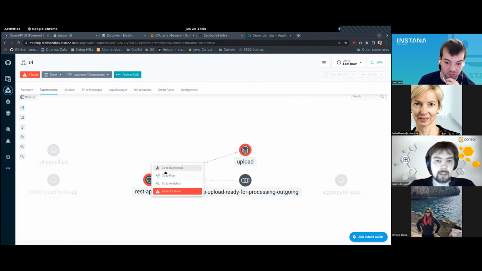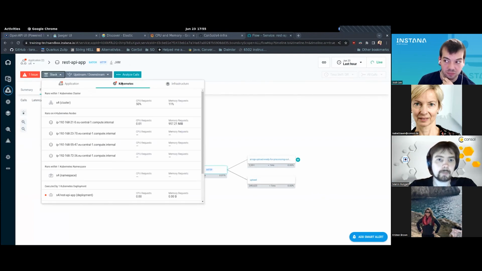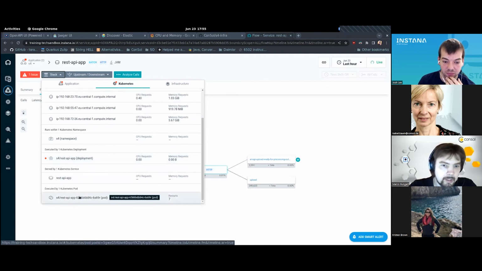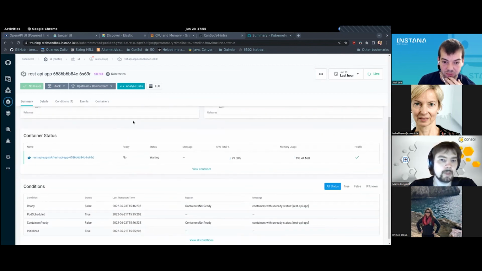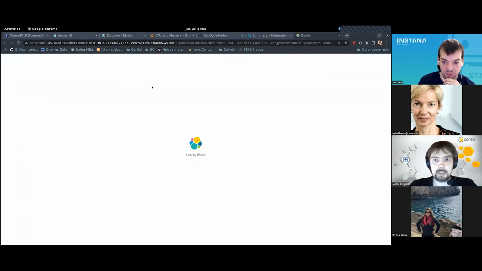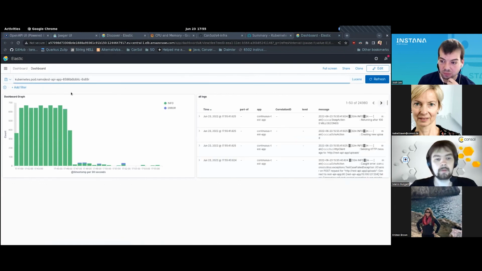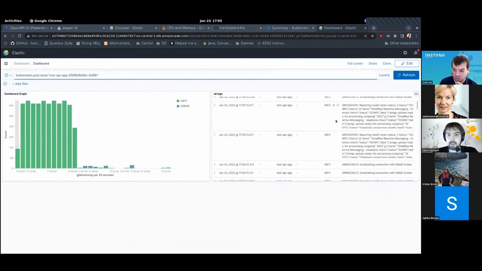So let's go to the flow of this application. Here you can see another feature of Instana. We can say, okay, show me the stack. I'm interested in the actual deployment, the actual pod that's running this application right now. And now I can jump into my ELK stack. So that's an external link to my ELK. I have to do a little foxy-woxy right here to quote this. And now I'm going to see only the logs from this container, and those are the logs.